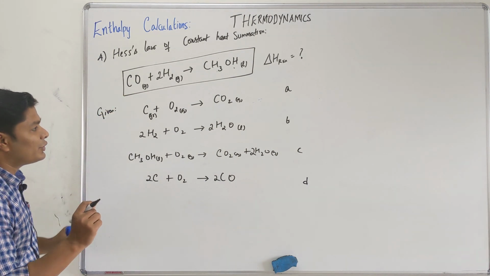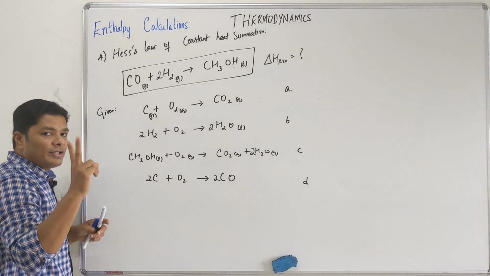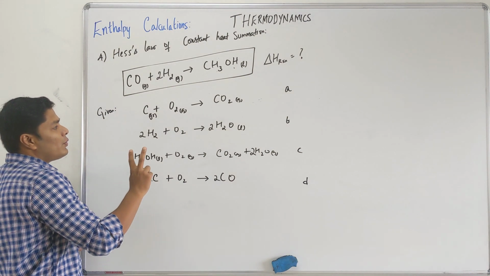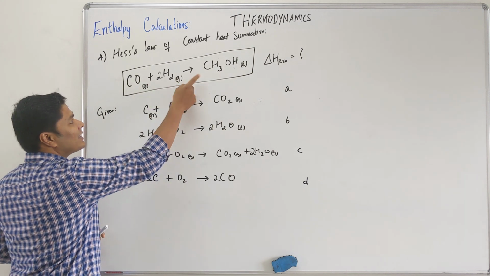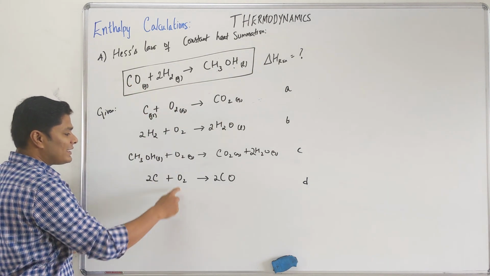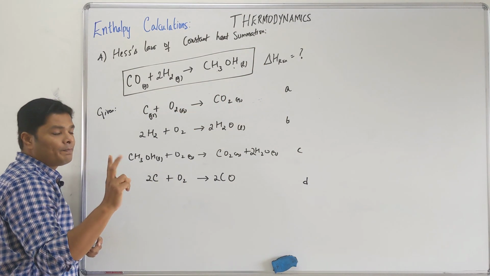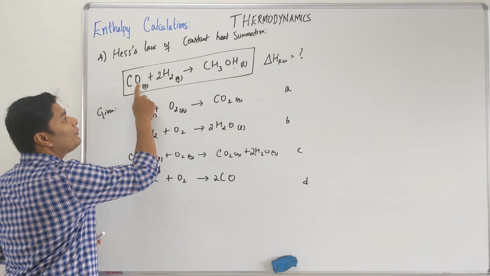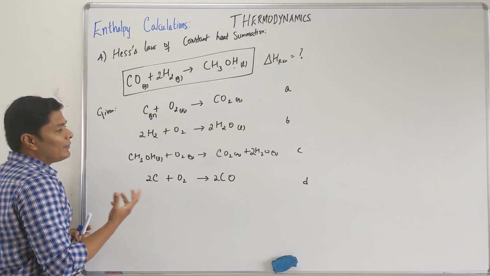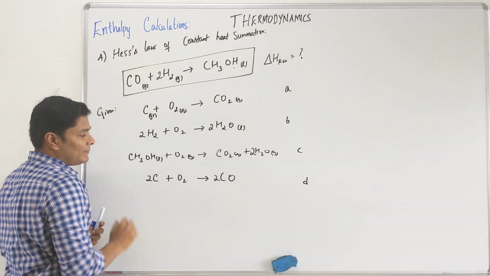The simplest trick is you need to know your target equation, box your target equation. Only 2 things you have to know. One thing you want to do is flip the equations so that what you want is on the corresponding side. CO should be on the left side, so if it is on the left side here, it should be on the left side there. CH3OH should be on the right side, so if it is on the right side, it should be on the right side there. Second thing you have to do is multiply or divide by a number so you get the same coefficient as here. Now there are equations which seem unnecessary, but these are bridging equations.